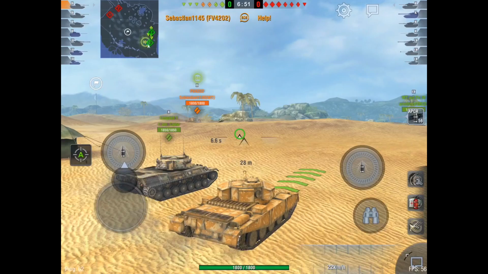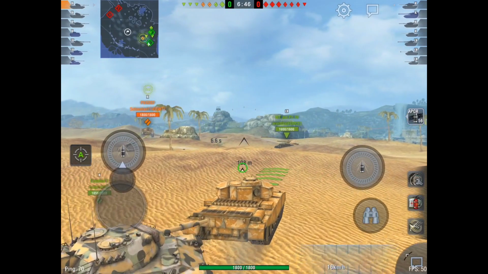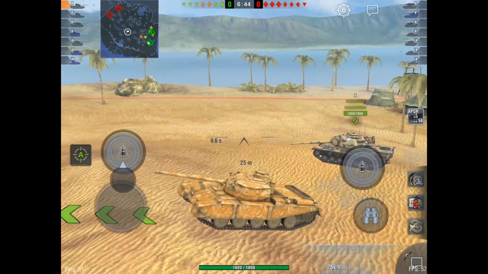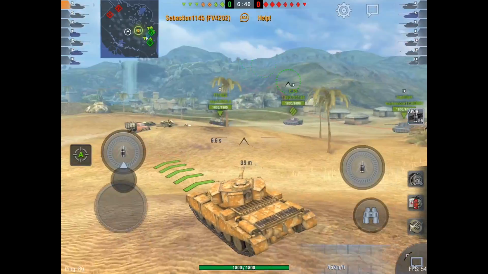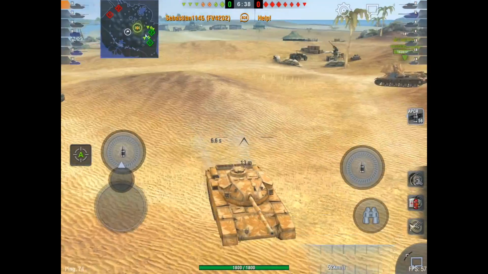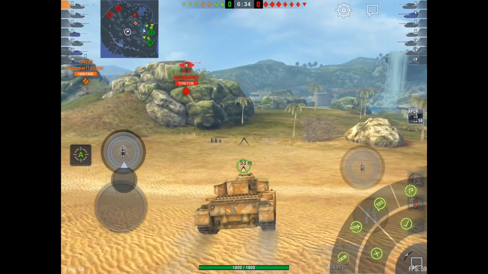It's not the strongest Tier 10 medium because it's slow and it doesn't have HEAT shells, and this Leopard doesn't know how to drive, but it does have HESH shells, and HESH shells are basically HE with loads of penetration, so it is very helpful if you get the side of enemy tanks to use HESH, and you can do like loads of damage, loads of module damage, you get ammo racks, you get engine fires, it's a lot of